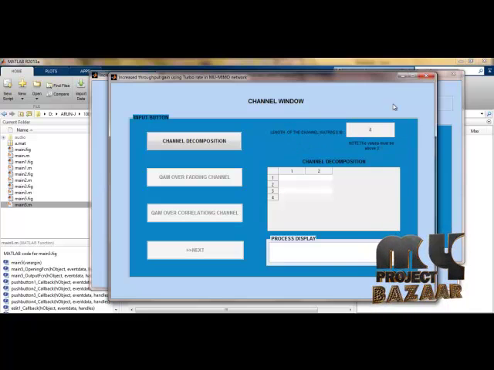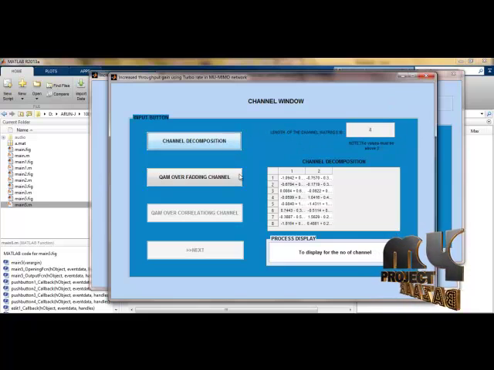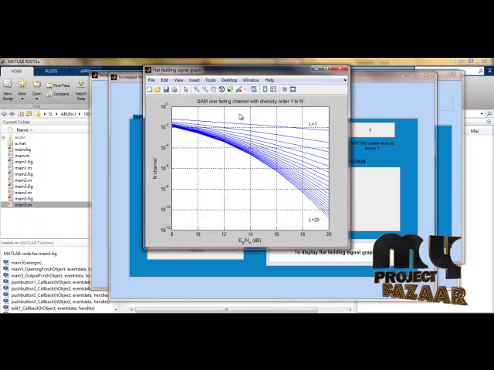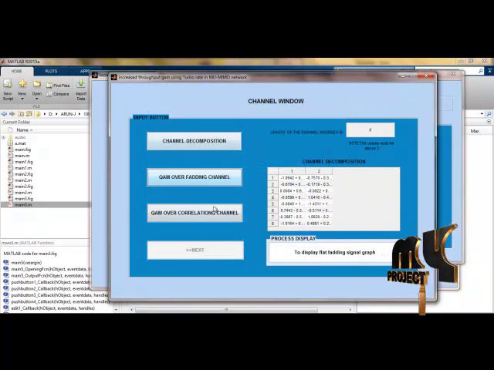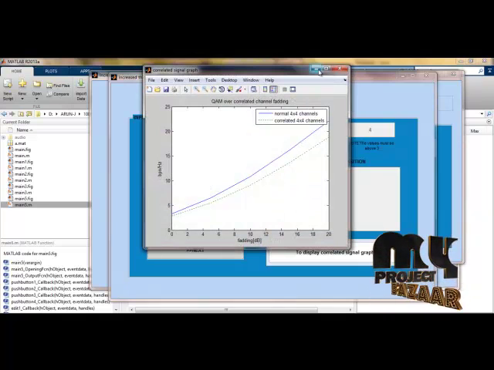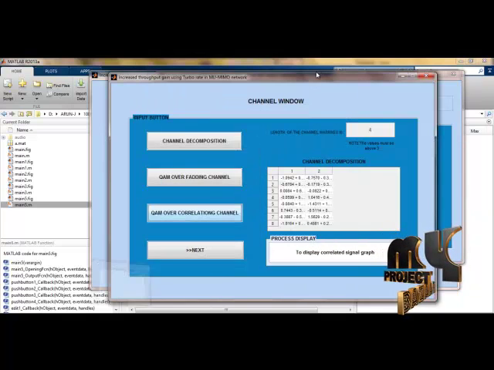I have given 4 and am doing channel decomposition. For the 4 paths, the decomposed channels are here, that is real and imaginary parts, and over fading. So we can see the fading with QAM, and then QAM over correlated channels. For 4x4 channels we have plotted this.